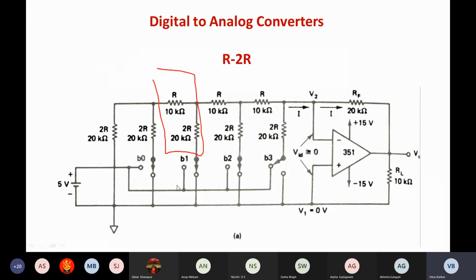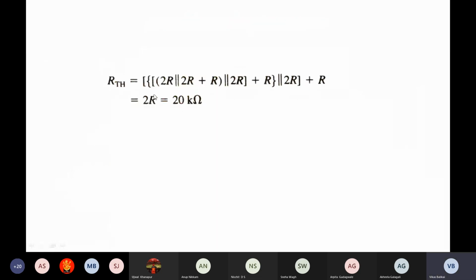So in that scenario, the outcome of this Thevenin equivalent circuit will vary. But right now,